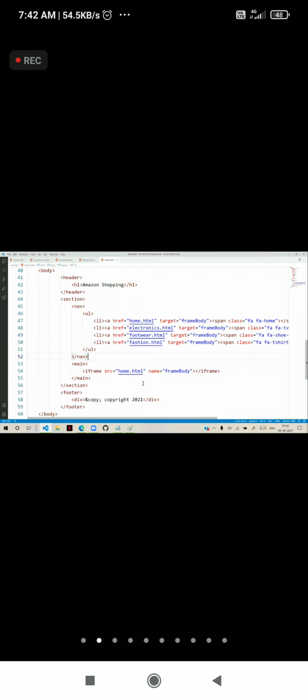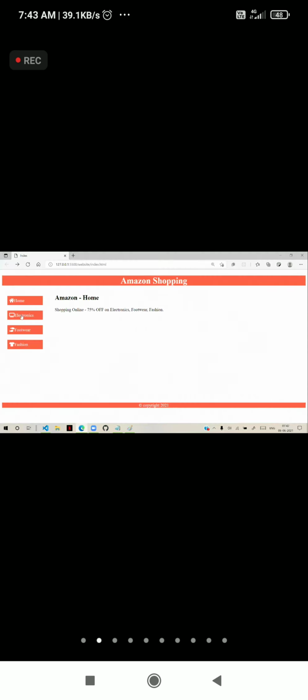Now observe carefully, by default the source is home. But when I click on electronics, that electronics page will open inside this iframe. When I click on footwear, it will get the footwear page and display it, and the same for fashion.